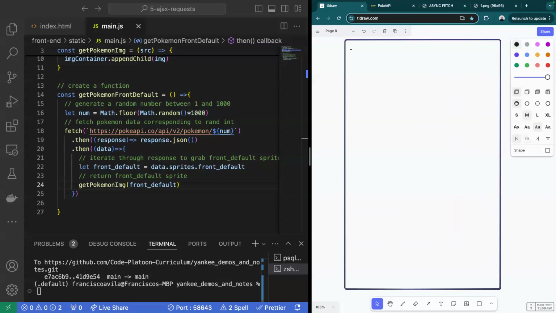Click on button. Great. So the function gets triggered, and the first thing that happens is we generate